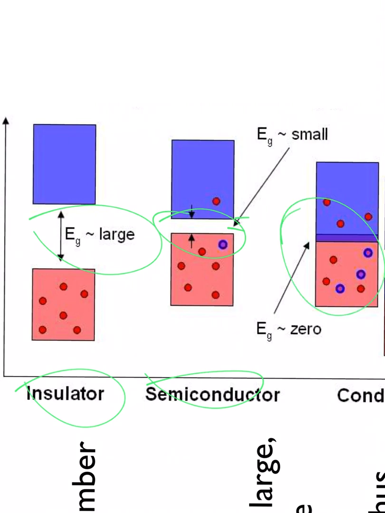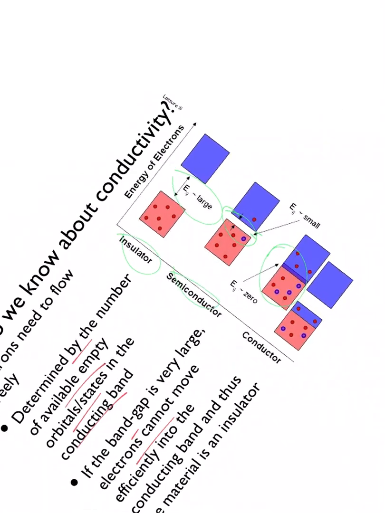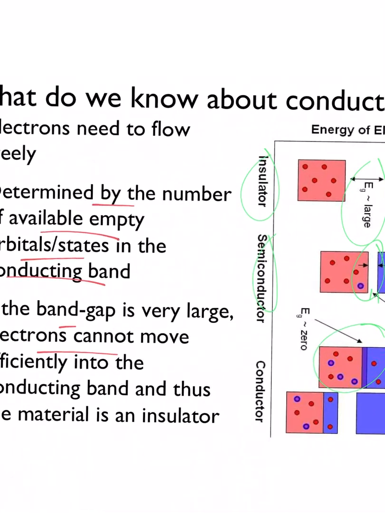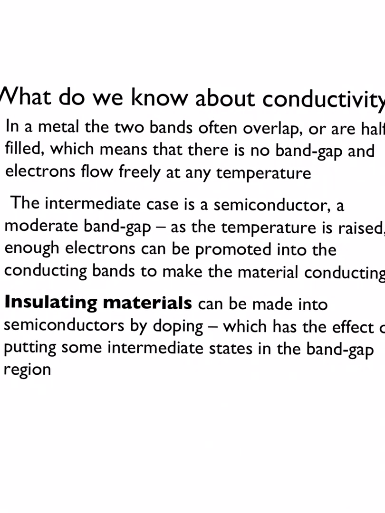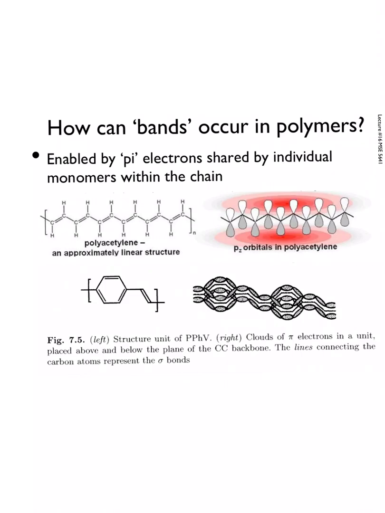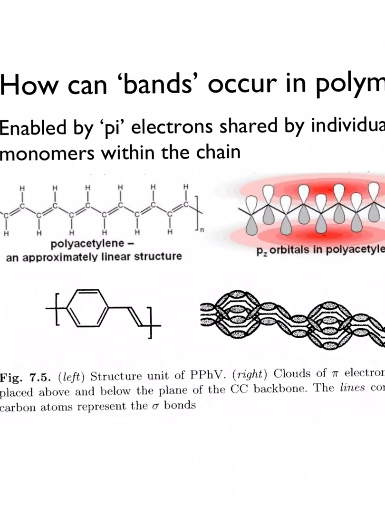Those are the metals. And so copper is already there, and what we're trying to do is make this particular polymer get there too. And so these two bands often overlap or are half filled. There's no band gap. Electrons flow freely at any temperature. That's for metal. Semiconductor, moderate band gap. Some electrons can cross. Conduction can be enhanced in semiconductors by doping. You put some intermediate states in between that valence band and the conduction band. This is all physics you've seen before, but what we're trying to do is get the same thing to occur